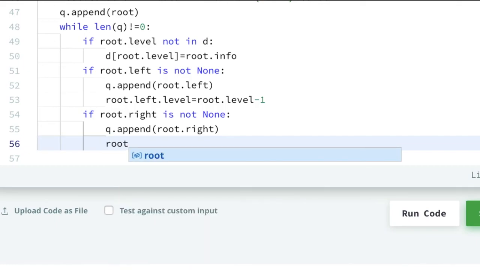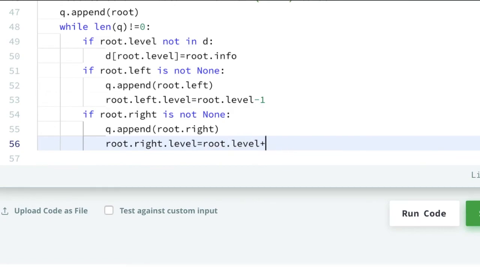So root dot right is the node, and in this node the variable is level. In this level I have to assign root dot level plus 1.